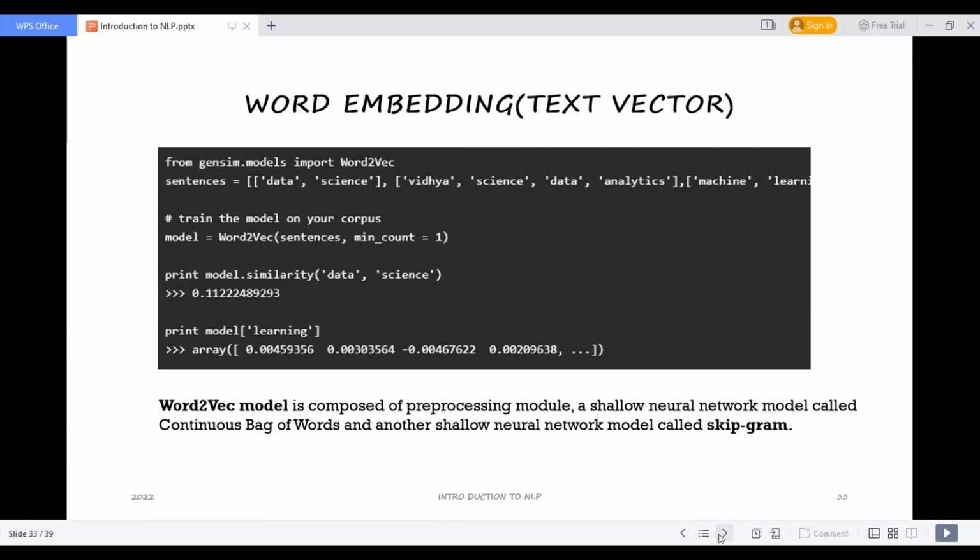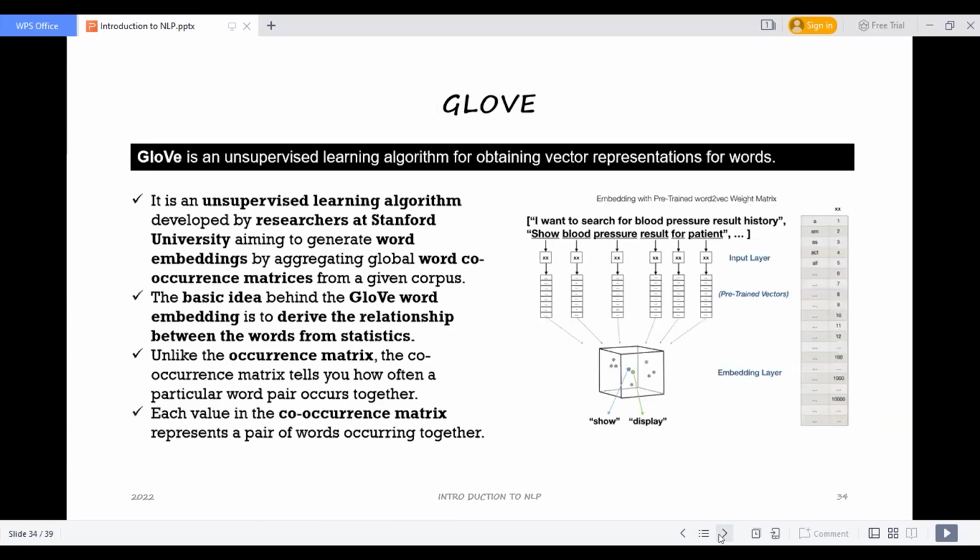Now we have one more method for the base models, that is the GloVe method, and it is an unsupervised learning algorithm for obtaining vector representations of words. In the same way, the words are represented in the format of vectors. Whether I have a whole sentence, phrase, or paragraph, it goes to the input layer, the pre-trained vectors.